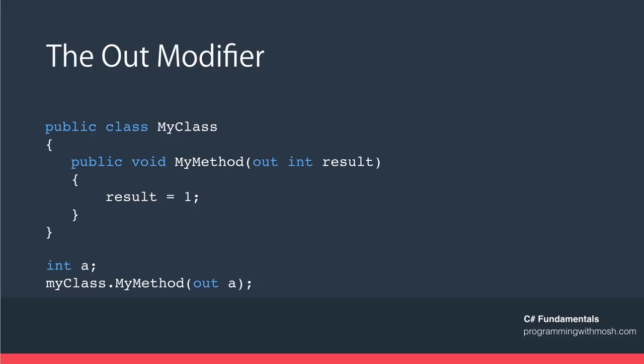Now let's take a look at the out modifier. Now out modifier is slightly similar to the ref modifier in the sense that if a parameter is declared with the out modifier, as you see here, then in order for you to call that method, you also need to specify out when calling that method. But out is conceptually a little bit different from ref. What does it mean? That means with the out, this method can return a value to the caller. Now you might be wondering, couldn't we just return a value here instead of using void? Absolutely yes. But with the out keyword, we can have multiple parameters here and they all can return a value